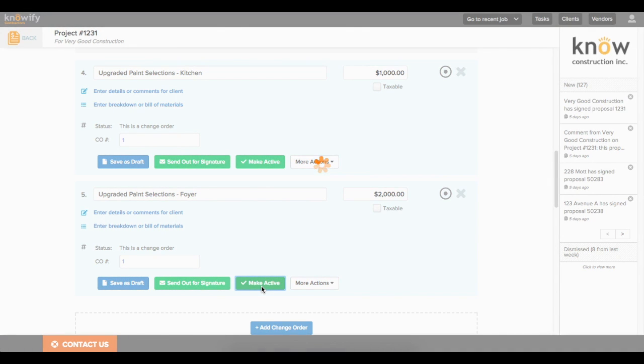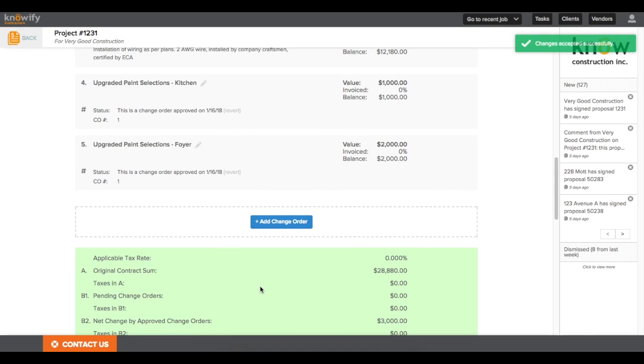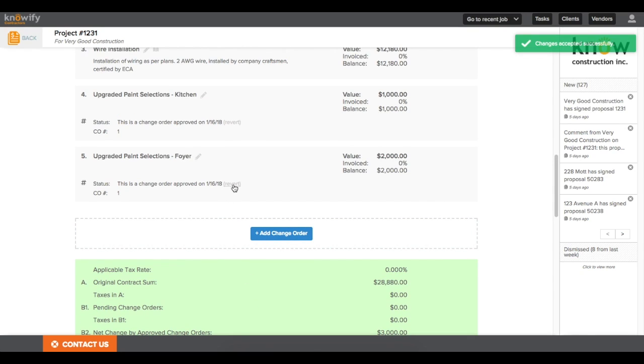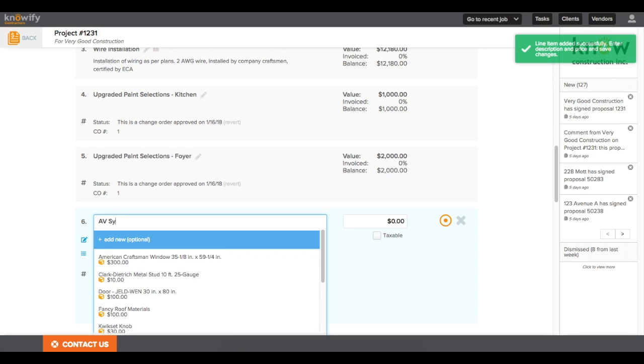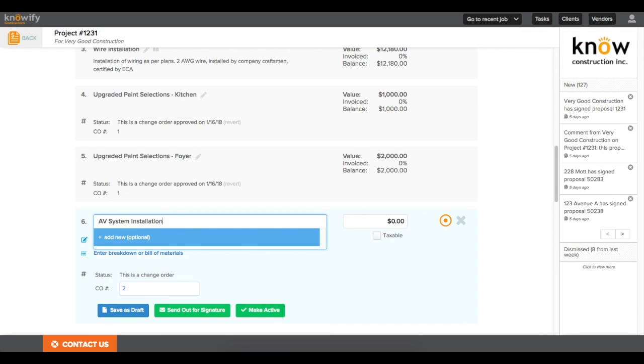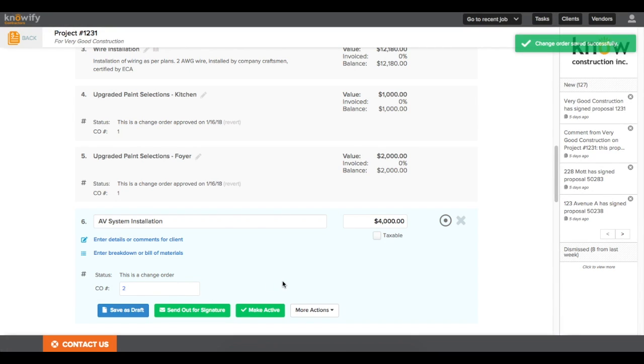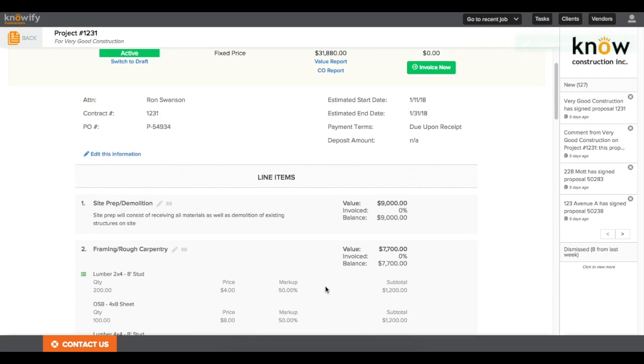I'm just going to go ahead and make this active. And you'll see that when I make one line active, it automatically makes the other line active since they're both change order number 1. If I ever need to switch back to draft, I can click Revert on that line. I'm going to add another change order here as well. And you can see that since the other previous change orders were switched to active, it automatically gives this change order number 2. And I'm just going to save this as draft to work on later and move on to